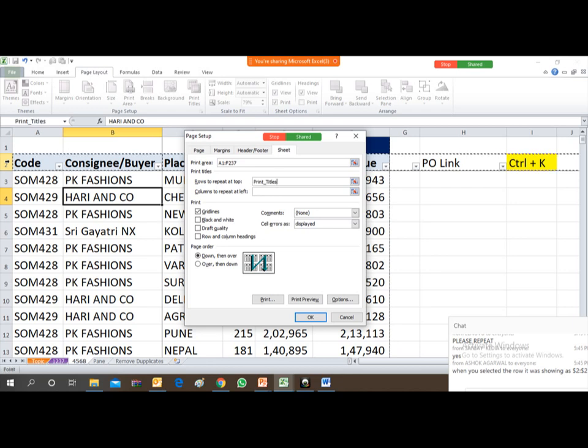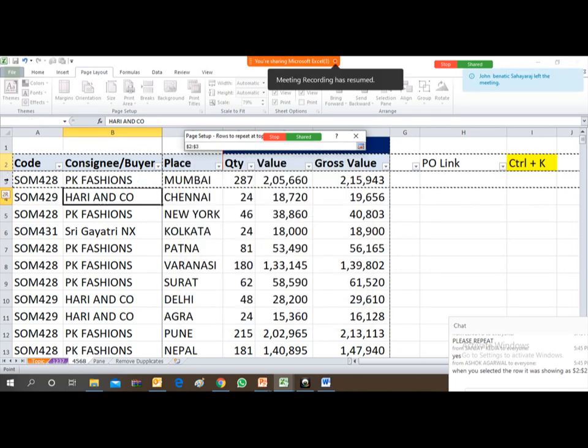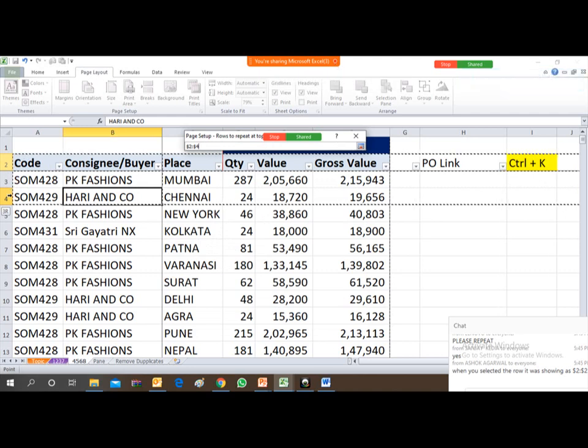As soon as you click on the row number, this entire row will get selected. Or you can increase your selection also. If there is more than one row to appear as a header on each and every page, you can select multiple rows like this.